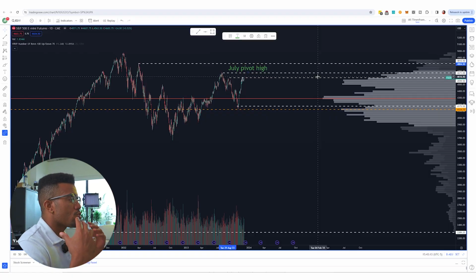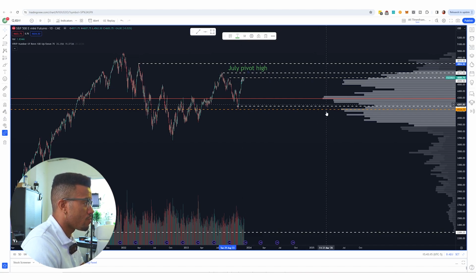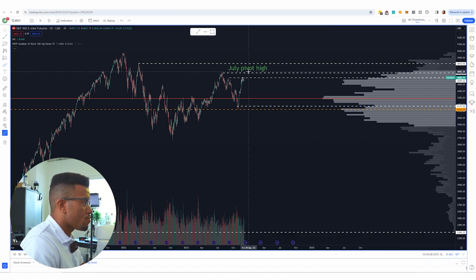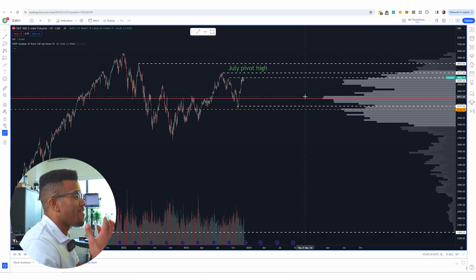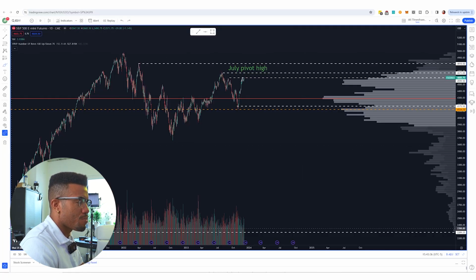So we know that there's a huge amount of market participation in this area in general. We're right in the value area, guys. All of this range right here is in this value area. We are coming up to the top of the value area, thus the name value area high. And the value area high for this range from the COVID low pivot is right at this July pivot